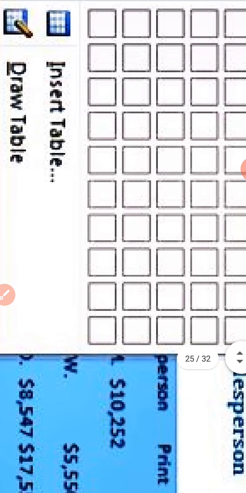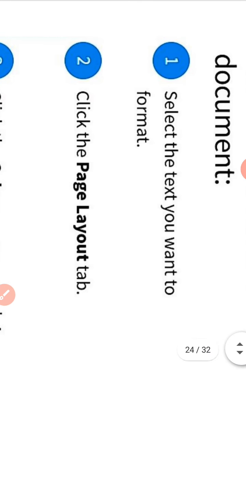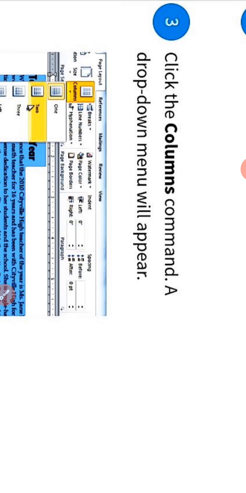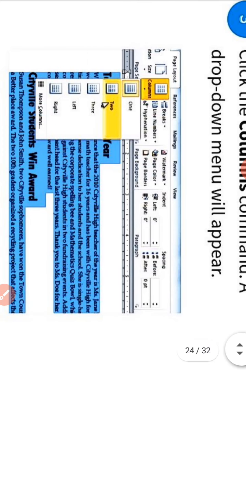Once again, step 1. Select the text you want to format. Step 2. Click the page layout tab. Step 3. Click the column command. A drop down menu will appear.